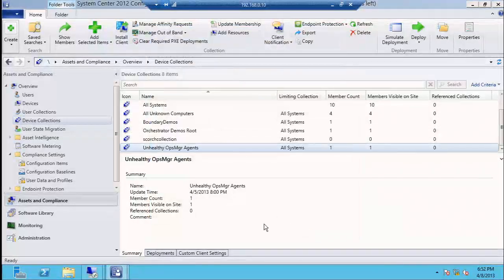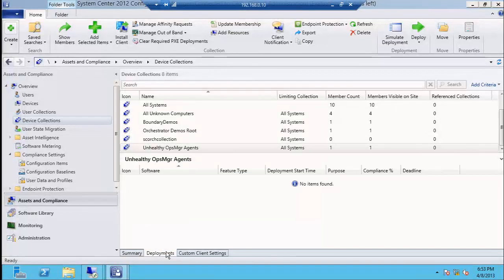Right? Notice though, I don't have any deployments to this collection. It's completely blank. All I'm doing is using this collection as an indicator of those systems that have the problem that I'm trying to detect. That's it. Right? Okay, so let's see. Now, once I have that, I can go over to Orchestrator